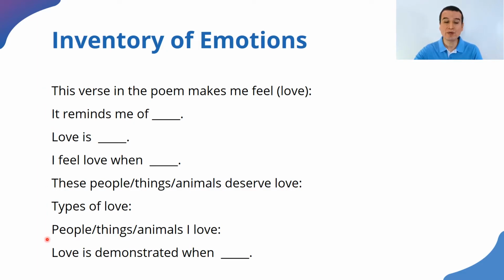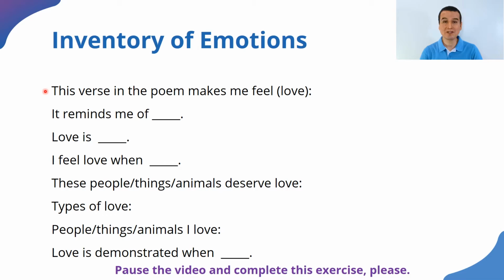At least 3 of these elements that I'm suggesting here you can use, but if you want to use more than that, that is fine. So the assignment is for you to choose 2 emotions and complete this outline based on what that poem or that emotion makes you feel or you remember about the emotion. All right? So I'm going to ask you to please pause my video, complete the activity, and in a moment